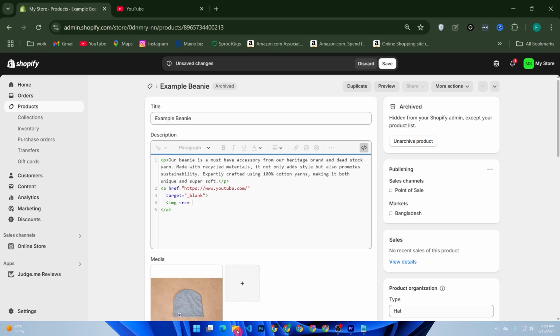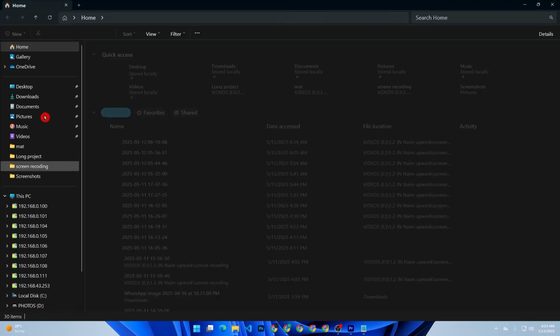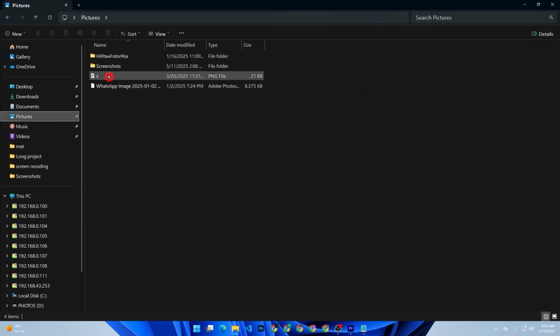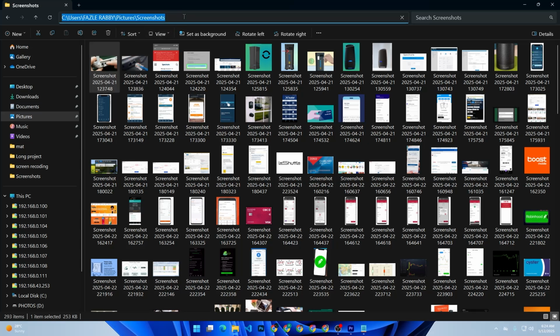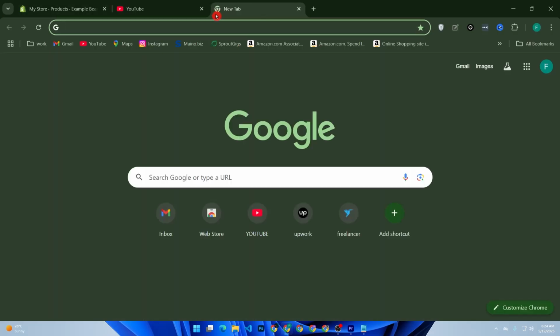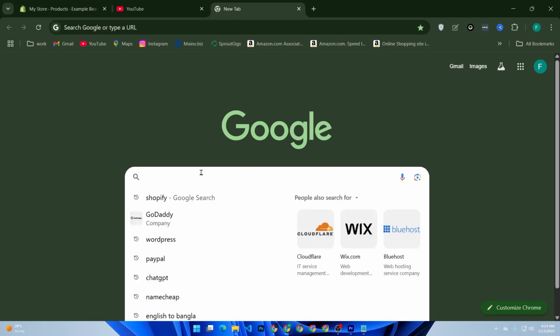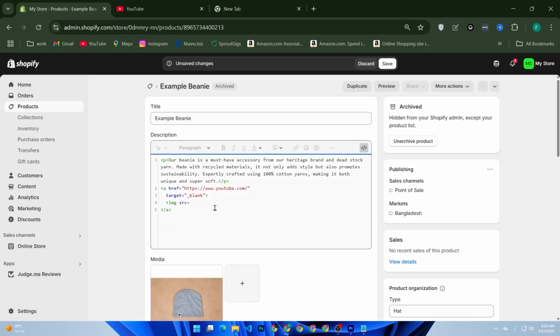Go to your computer's picture section. Now choose one from here and copy the URL. Choose one image from Google or an image URL. Enter your image URL here